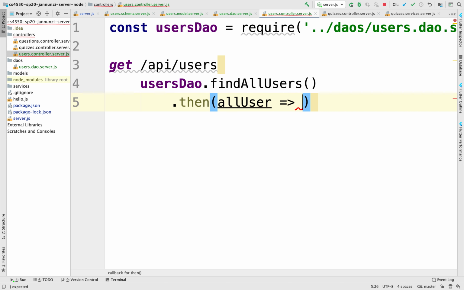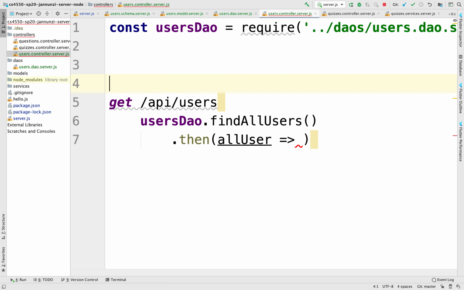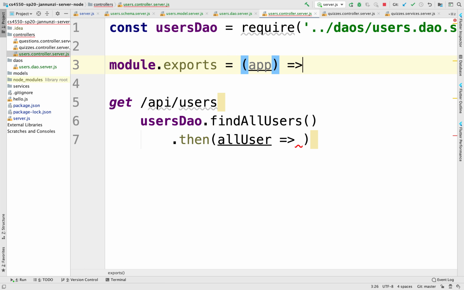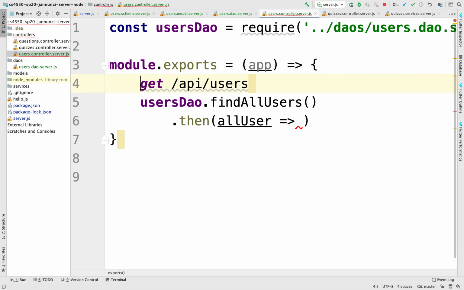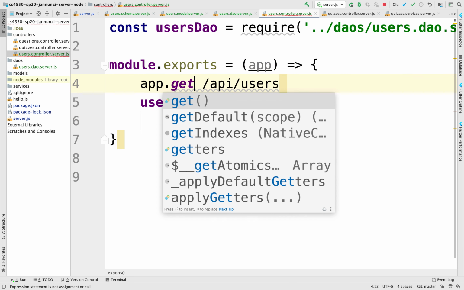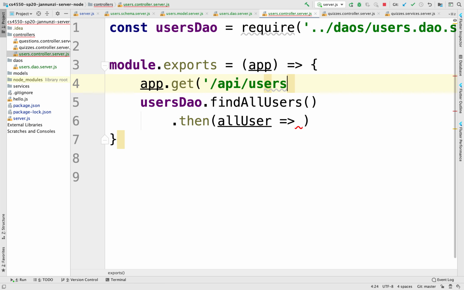We can just use the Node.js request response API that is available through Express. And as we know, we are going to be encapsulated inside of a function. An app is going to be passed to us, so something like module.exports, and somebody's going to pass us the Express instance, and then inside of that Express instance, we can use it to implement the GET, so that we can listen in for that incoming request,